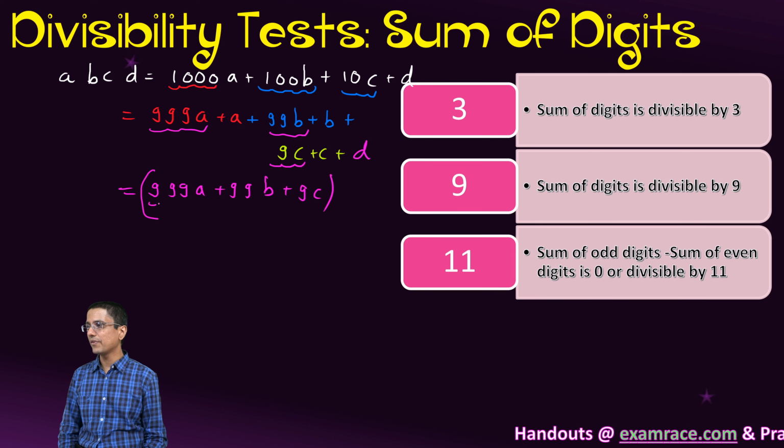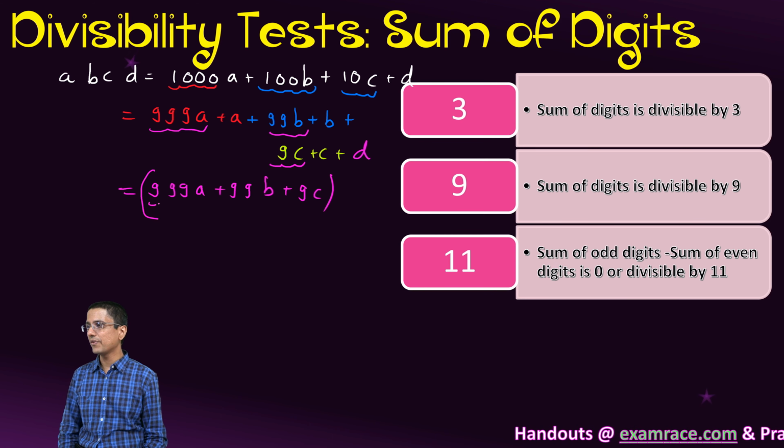A plus 99b plus 11c, and these terms, if you were to check it out yourself, they are all divisible by 11. So this entire thing is actually divisible by 11. So this divides by 11 completely, evenly. If any remainder were to be there, it has to come from these,